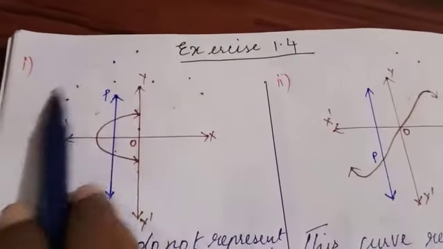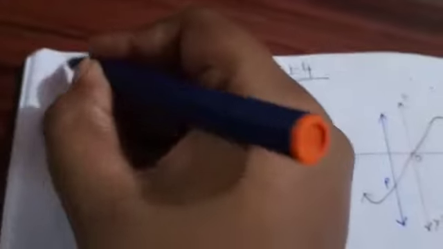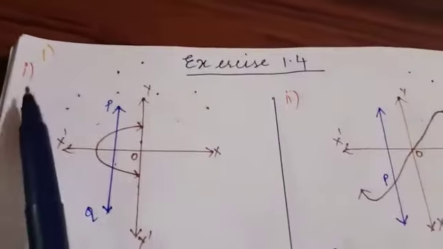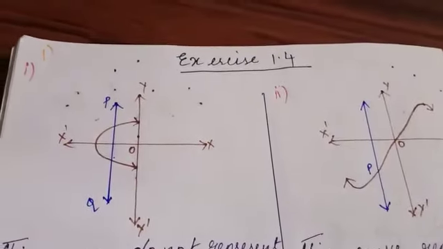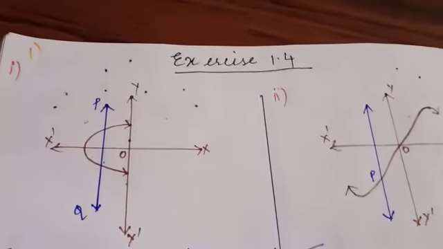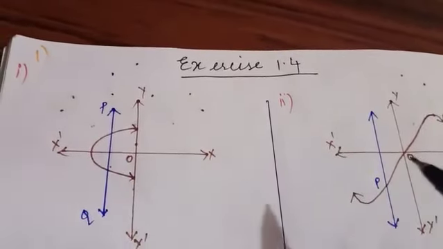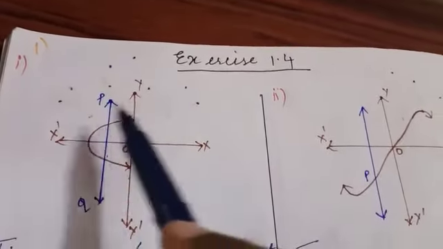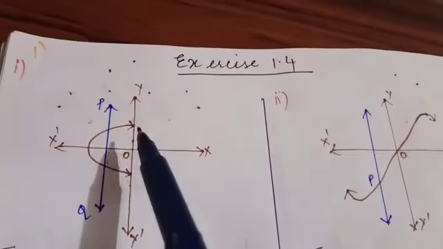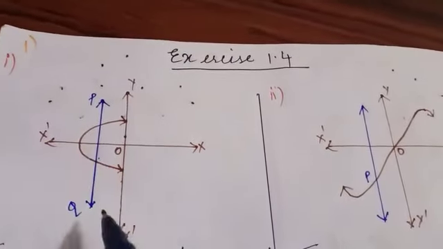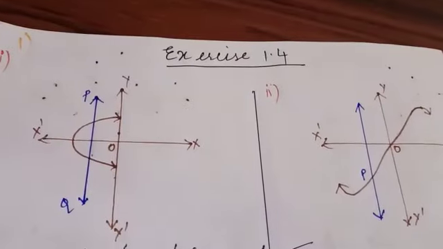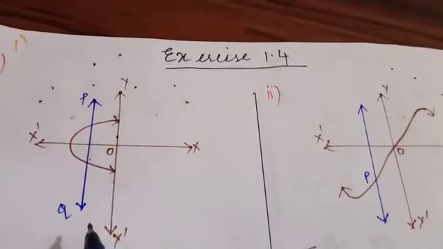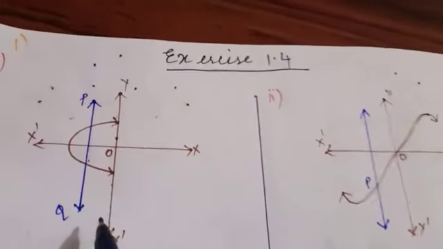So this is our first subdivision. We have to determine whether the given graph represents a function. Using the vertical line test, we have to check whether this curve is a function. In the question, we will not be given the vertical line. We have to draw this vertical line. Yes, so I have drawn this vertical line,